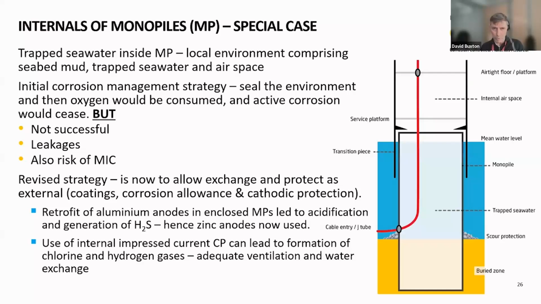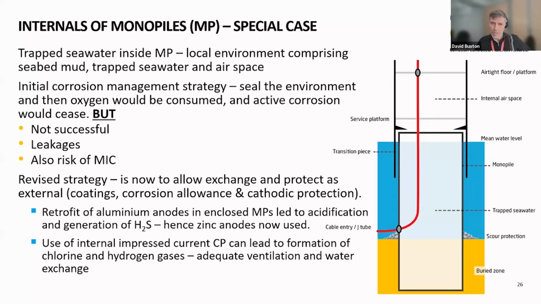But just a couple of warning points about the use of cathodic protection inside a monopile. There was some experience using retrofit aluminium anodes in some monopiles. This led to acidification of the seawater and the generation of hydrogen sulfide, which is a toxic gas. The approach now would tend to avoid the use of aluminium anodes, and stick with zinc anodes or an impressed current